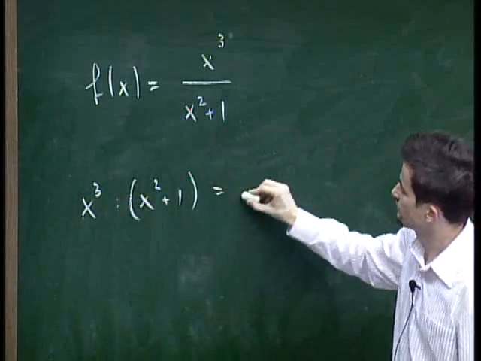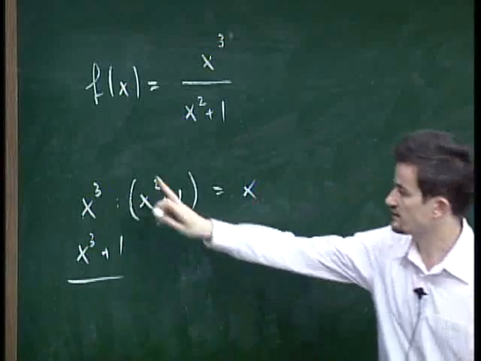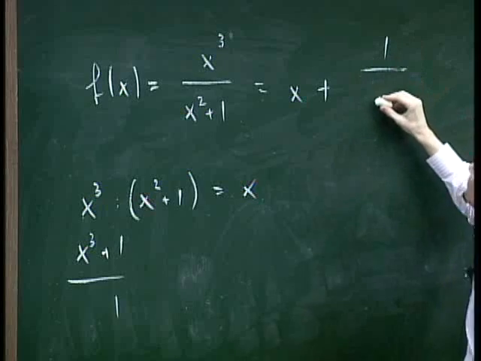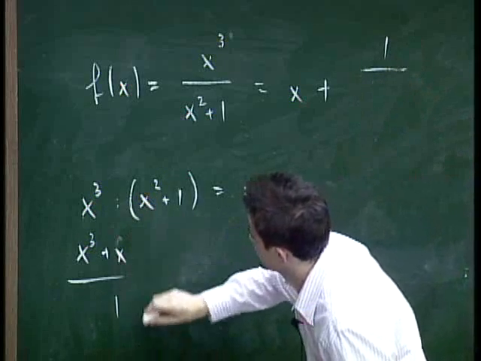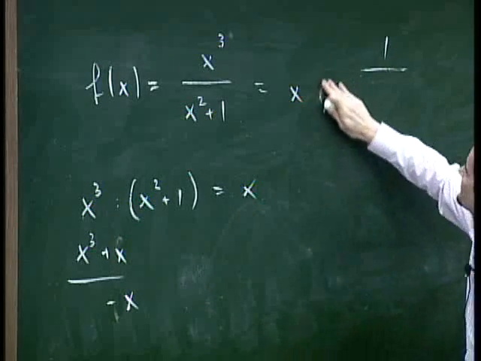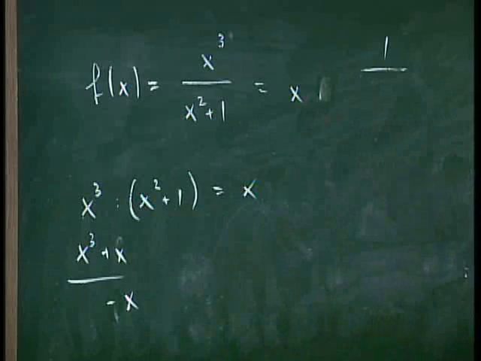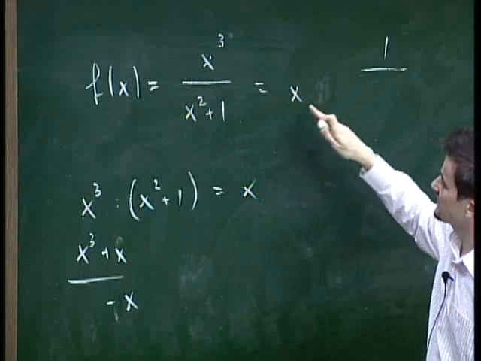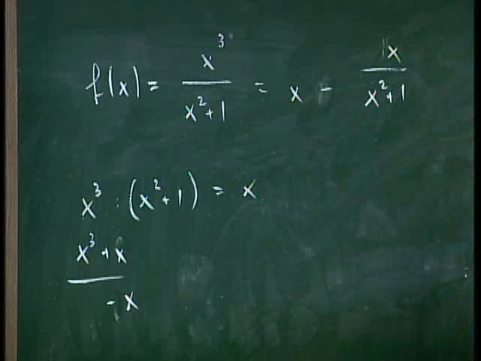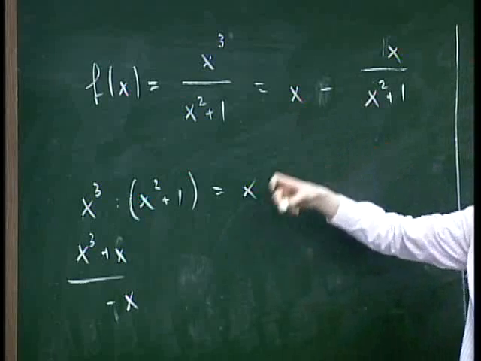Okay, so first is x times, then you write here x to the cube plus x. And then you subtract those. Then you have minus x here. So you are finished because the degree here is smaller than the degree of the divisor. So you can write this as x minus x over x squared plus 1. Now the essential thing is that if you subtract what you got by the long division from the original function,